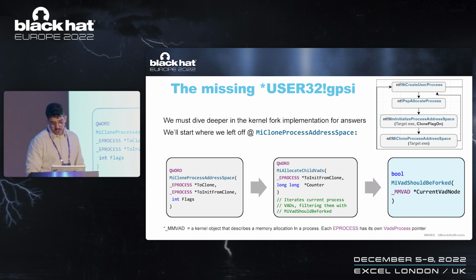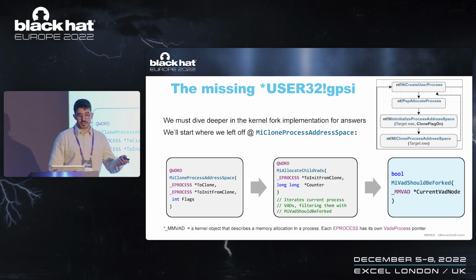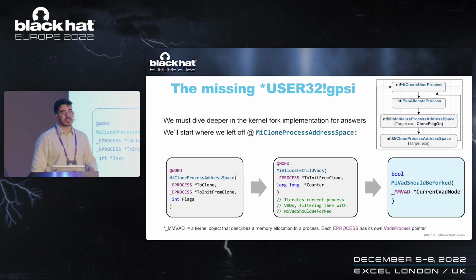And it invokes this function, MiAllocateChildVads. A quick definition of a VAD is a kernel object that describes basically an allocation of the process that contains it. And each process has a pointer to a VAD tree, a root of its allocations, and this is how it manages its own allocations. This function, MiAllocateChildVads, iterates through the parent process VADs and creates them in the child,